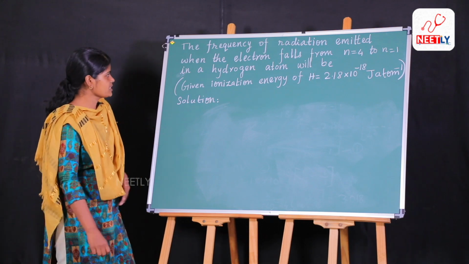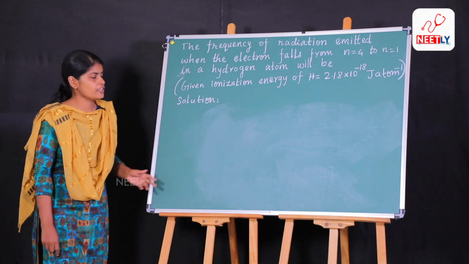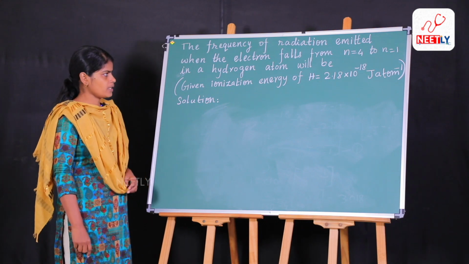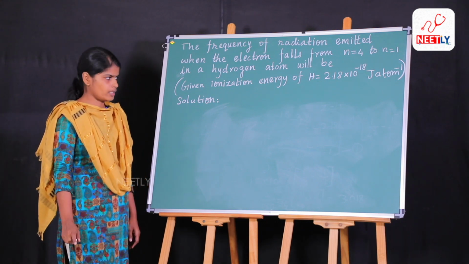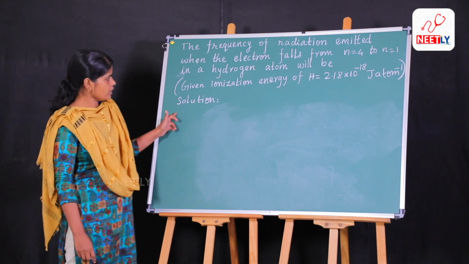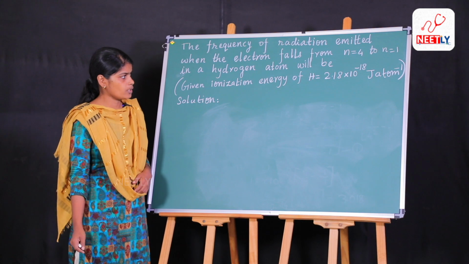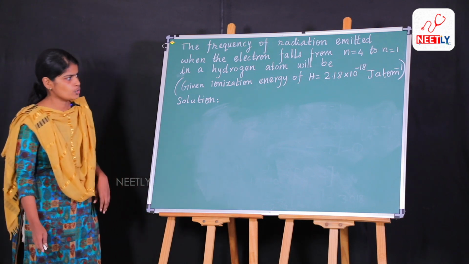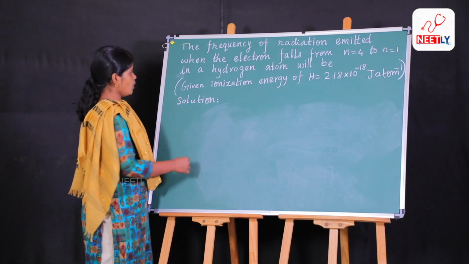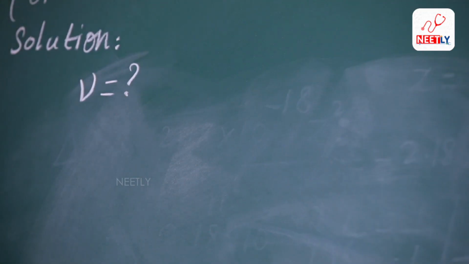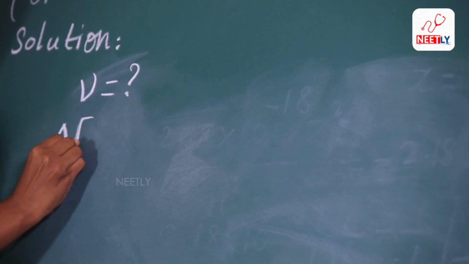In the question, it is asked to find the frequency of radiation emitted when the electron falls from n = 4 to n = 1. They have given the value of the ionization energy of hydrogen, which is 2.18 × 10^-18 J/atom. Here they have asked us to calculate the frequency, and we know that the energy when the electron undergoes